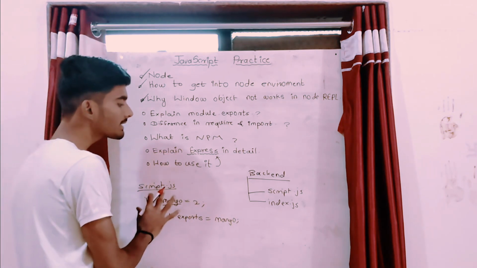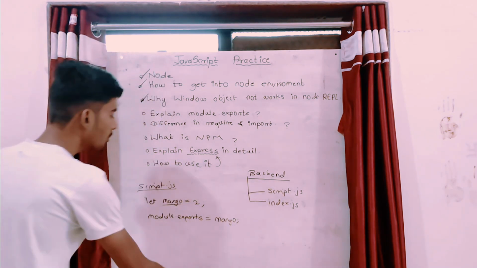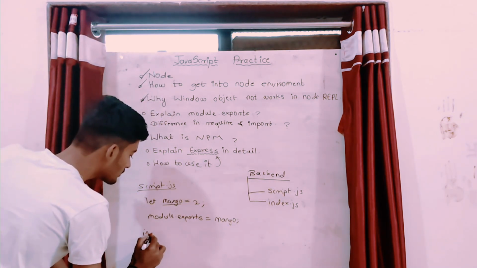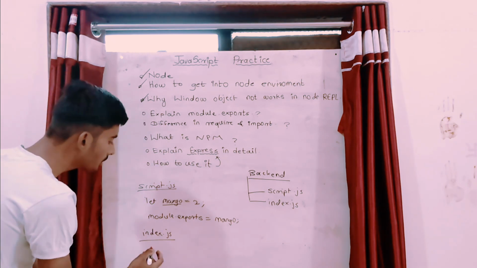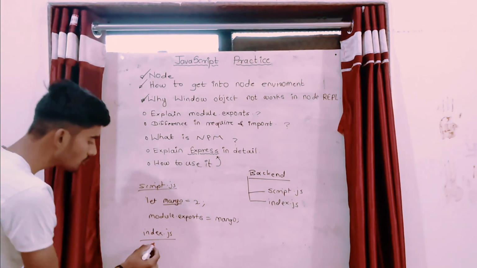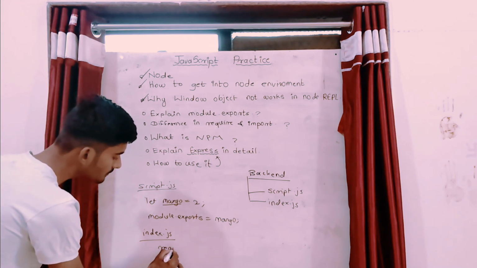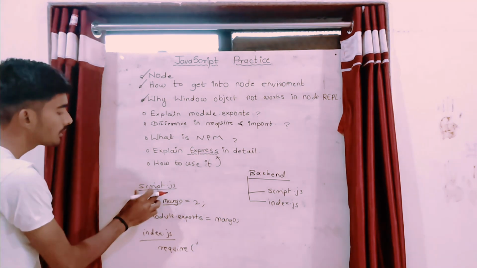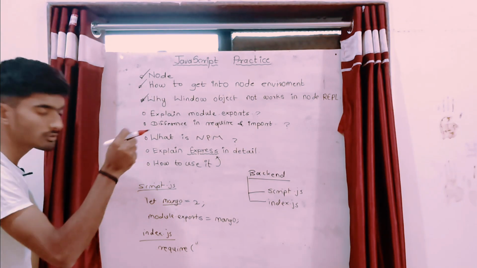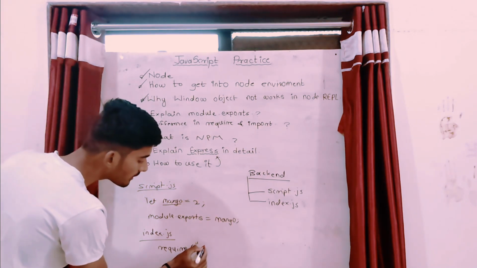Now you have to access this data in another file. So what will you do? In index.js, what will you write? You will simply write require. What are you requiring? You are using the script.js file's data. So what will you write here? You will write here ./